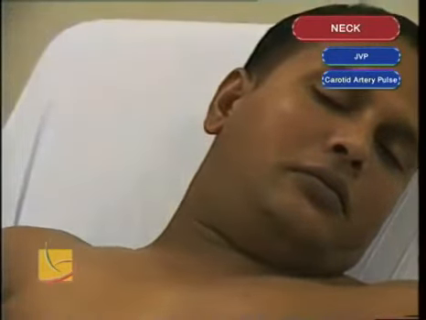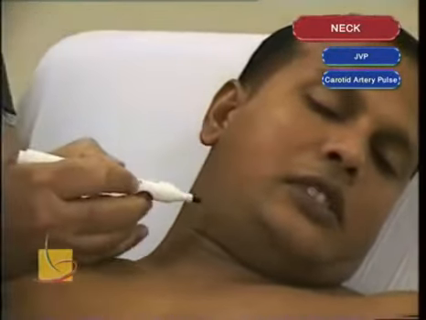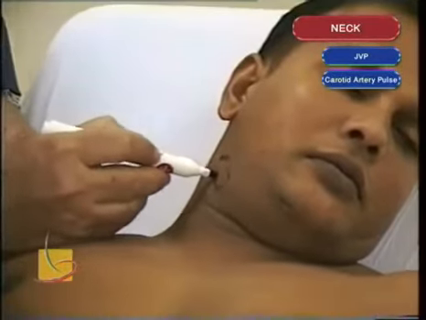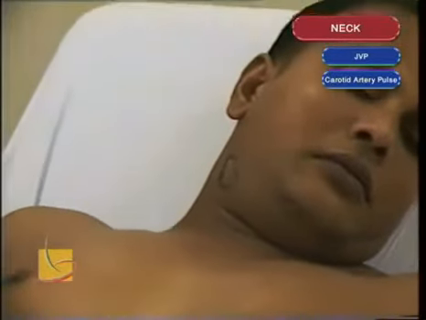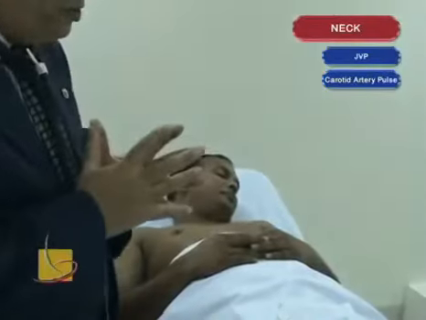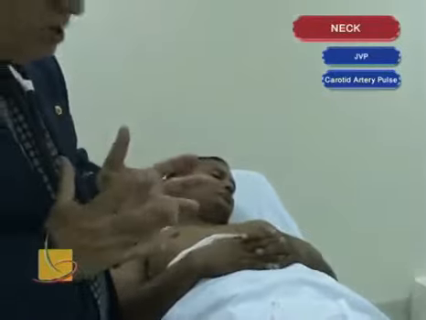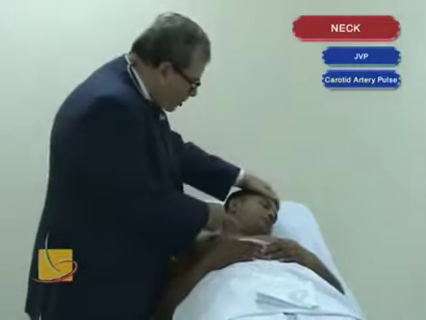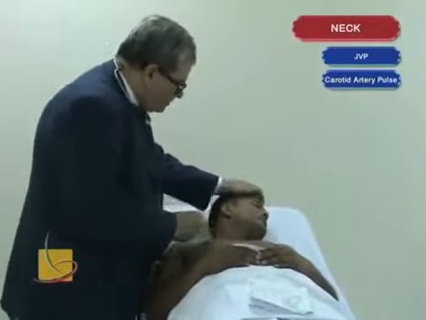Excuse me, I will make a mark and I will remove it later on. This is the area in which I examine and palpate the carotid artery. Before I start palpating the carotid artery, we have to look by inspection, to see if there is any carotid artery pulsation or not, any suprasternal notch pulsation or not, because all of these